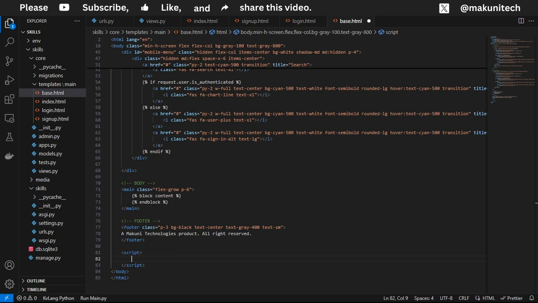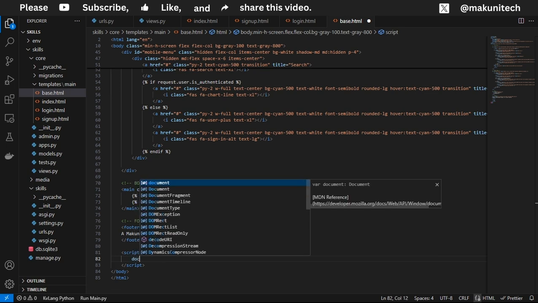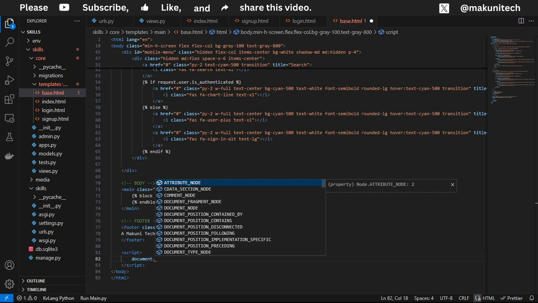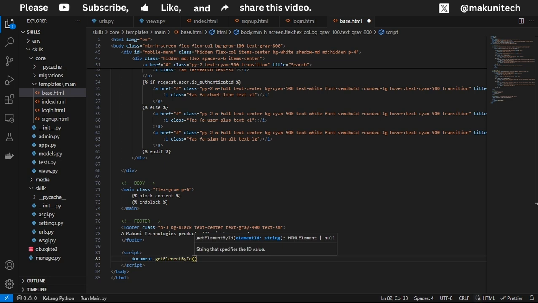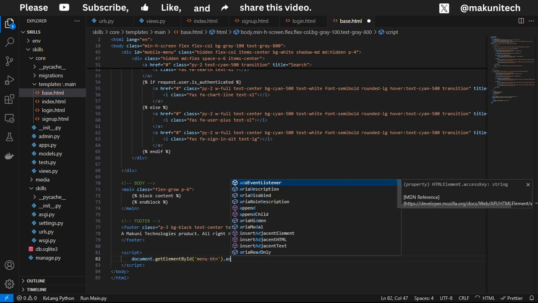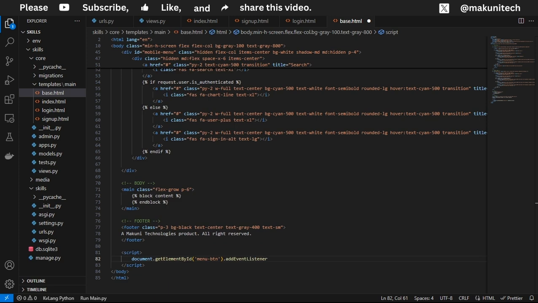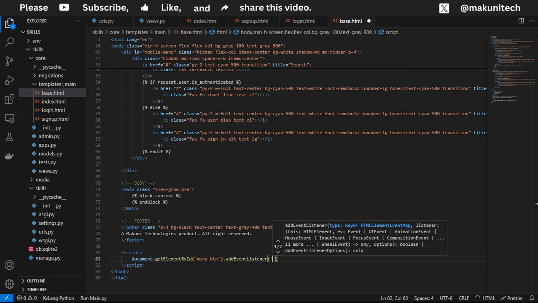So here I'm going to say document get element by ID, then we name the button menu. Then here I'm gonna say add event listener. So this is going to be click, comma,